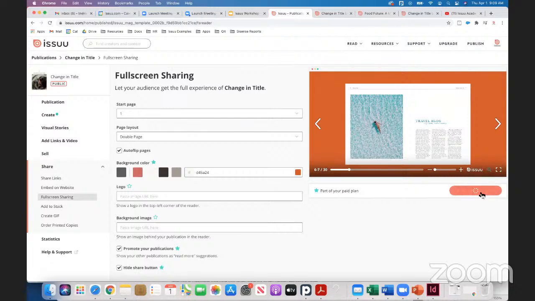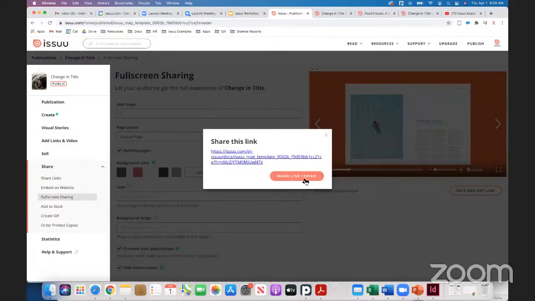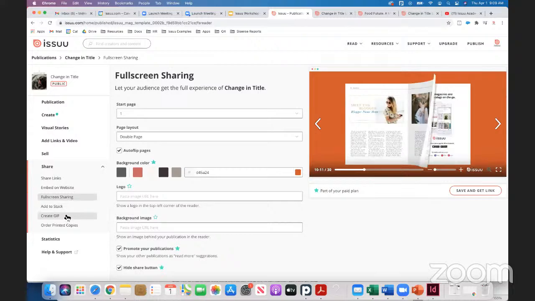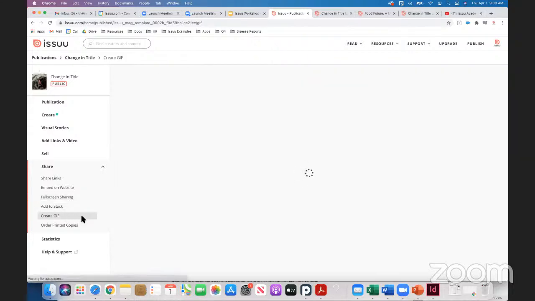And you could go ahead and save and grab this link. Go ahead and then copy it out, share it out in an email. That's always the preferred way. Incorporate it with our GIF file as well. So if we move over to GIFs here,